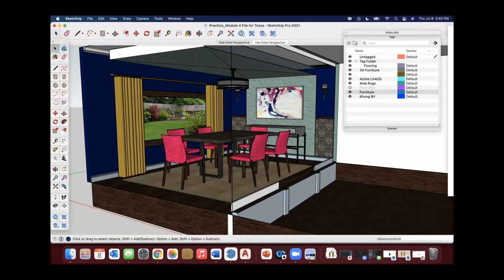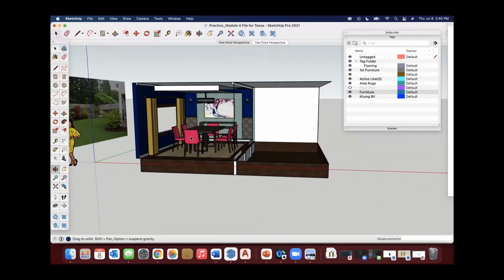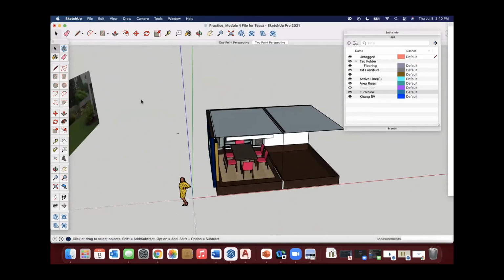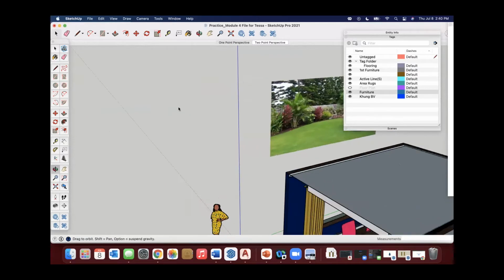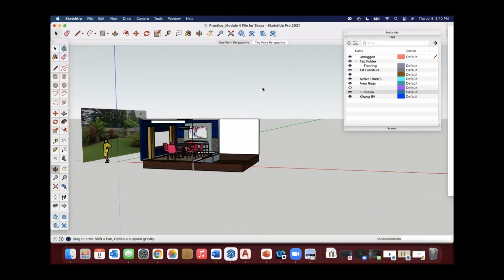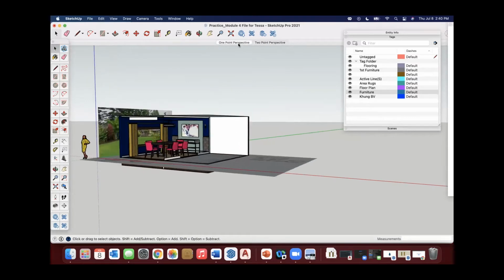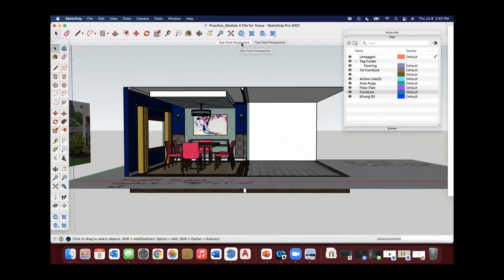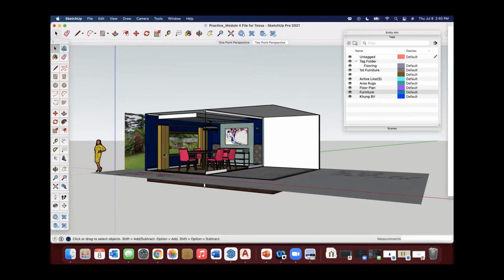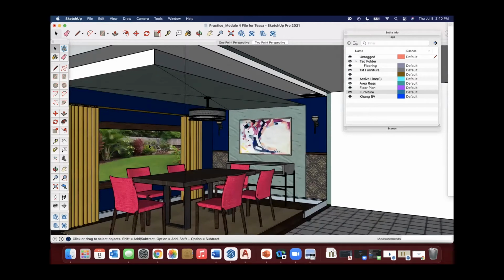But how do we do that? It's really kind of simple. I just have a picture that's actually outside the window that I've imported as a JPEG. And so that's what we're doing. And it looks kind of weird. It's all about the placement, because if you have your scene saved, this is where you actually want to have this done first. Then you can put the picture in and position it so that as I zoom in, this is looking really nice and it looks proportionate.